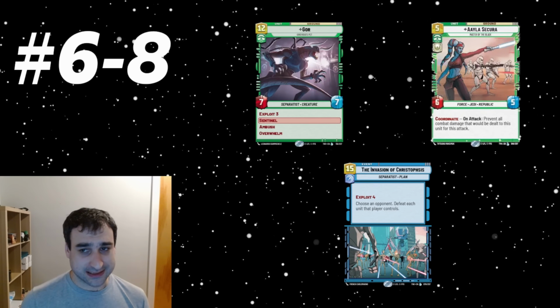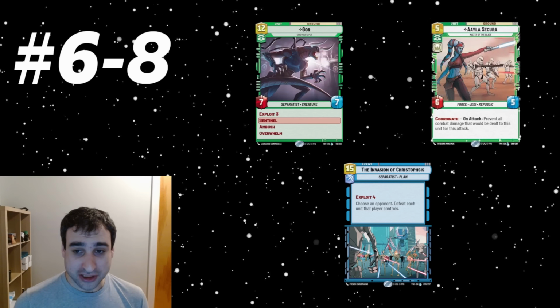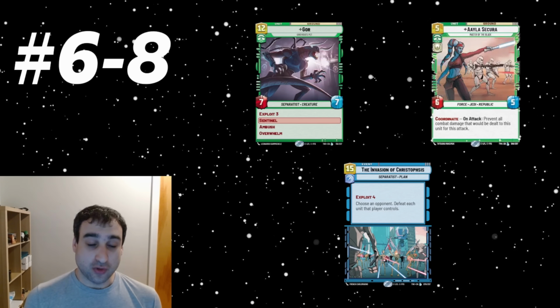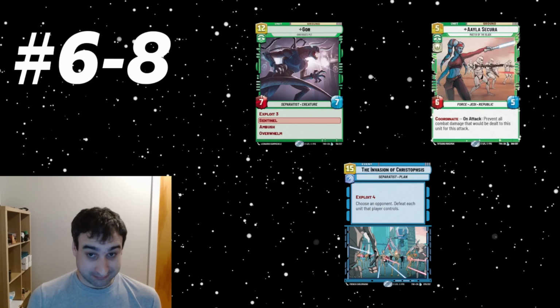All right, next 6 through 8, I got Gore, Aayla Secura, and the Invasion of Christophsis. So Gore's cool. I think this card can definitely see some play in these go wide strategies. The first place I've been looking at is something like a Wat Tambor build who wants a lot of cheap units so that cheap units die and then he gets buffs. Gore costing 6, potentially pretty impactful, especially because he can then curve into something like a Maul at 7,